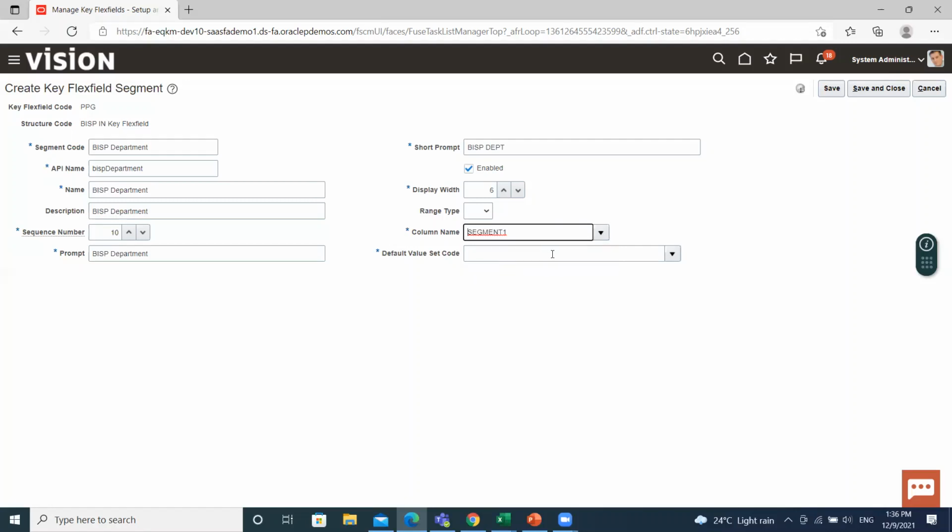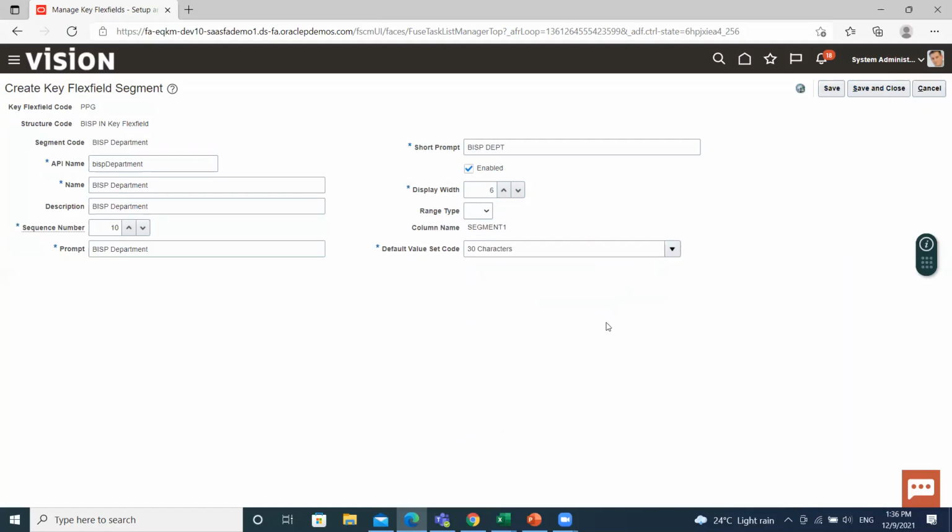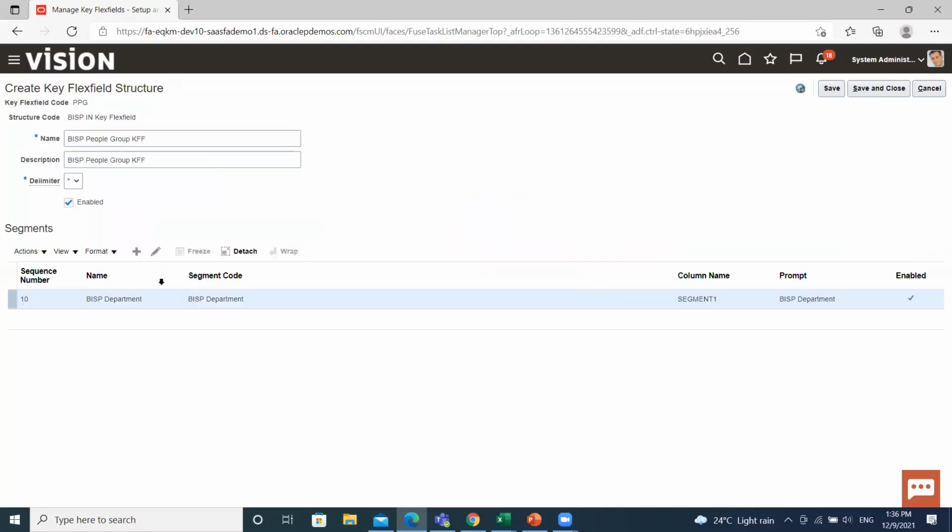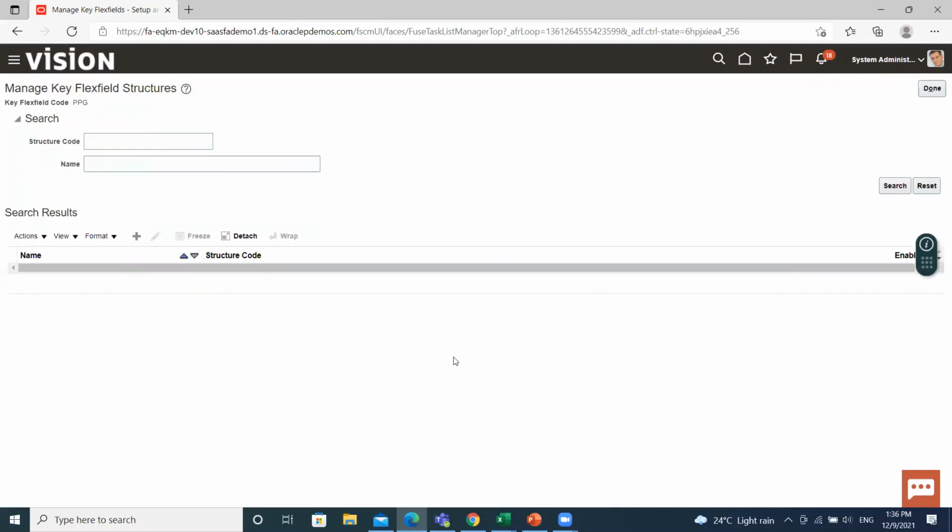Segment first, then value set. Then save. Again, save and close. Then done.